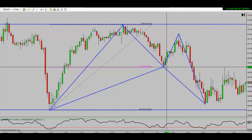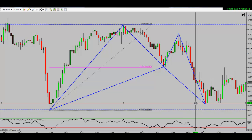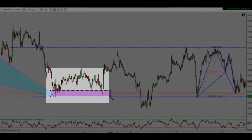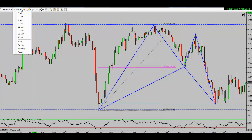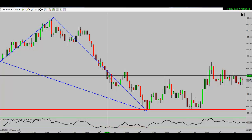So that actually had me pretty bummed this morning, because if we look at where our bat pattern completed, and this was about an hour before the room opened, and I'll draw in a red line down here, thicken it up some, scroll out, we'll see that our bat pattern completion comes in exactly at the same point as the area where we double bottomed off the 4-hour bat pattern. So what I did was I watched this pair and I said, hey Akil, I'm going to look for another reason to get involved. And as price action moved, I saw another opportunity to get involved in this trade by